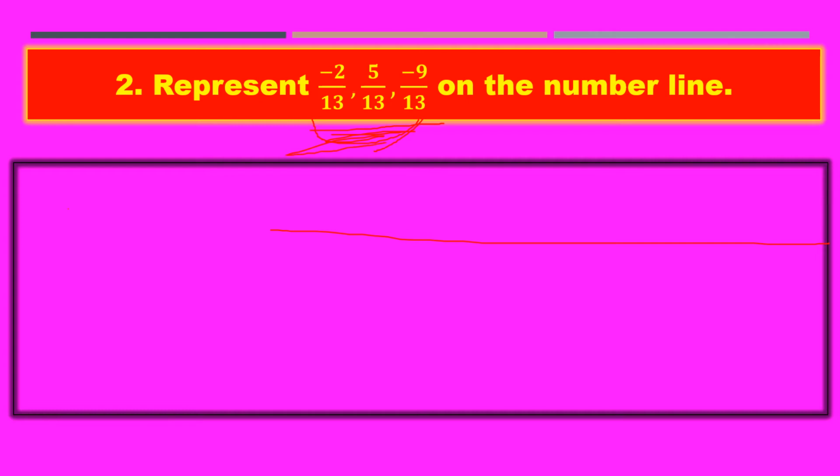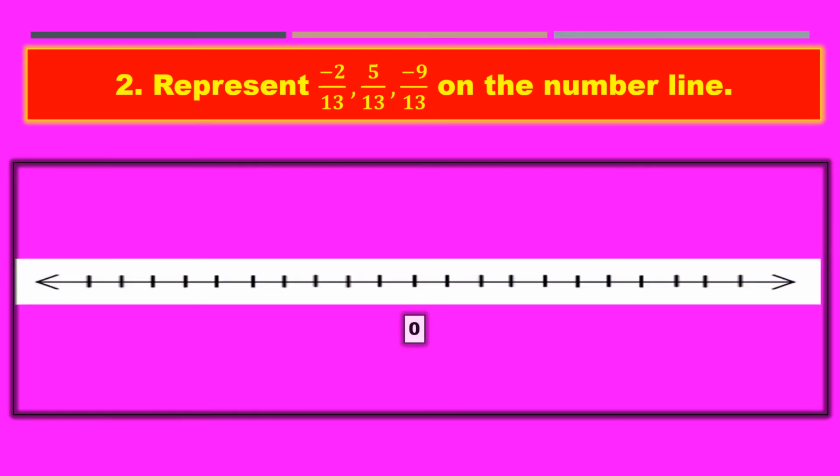Suppose I gave 2 by 5, 3 by 4 and 5 by 9. And I ask you to represent these numbers on the number line. Then first you should take LCM of these three denominators, make them equal and denote on the number line. Okay. So here we'll see this problem first. So just draw the number line. Here he gave some negative values and one positive value, two negative and one positive. So we'll take both sides of 0.